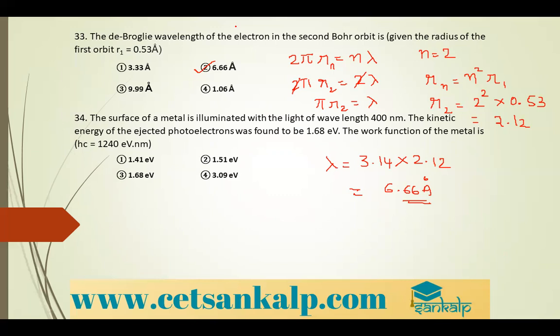Okay. Yes. So next problem observe ಮಾಡಿ. The surface of a metal is illuminated with the light of wavelength 400 nanometer. The kinetic energy of the ejected photoelectrons was found to be 1.68 electron volt. The work function of the metal is,